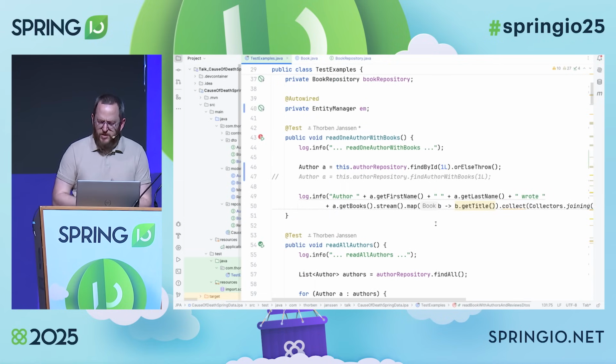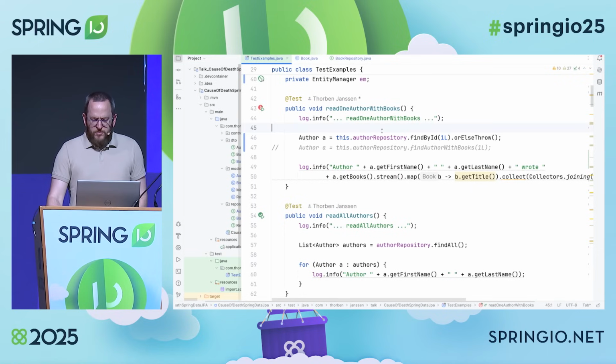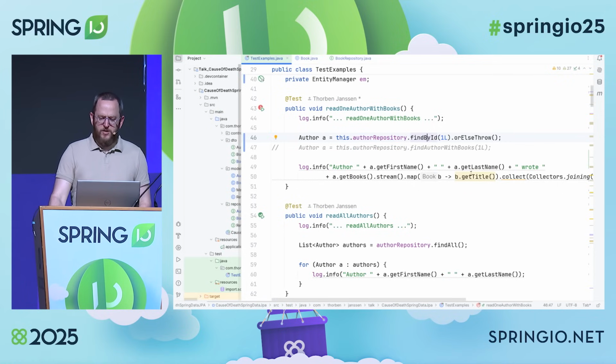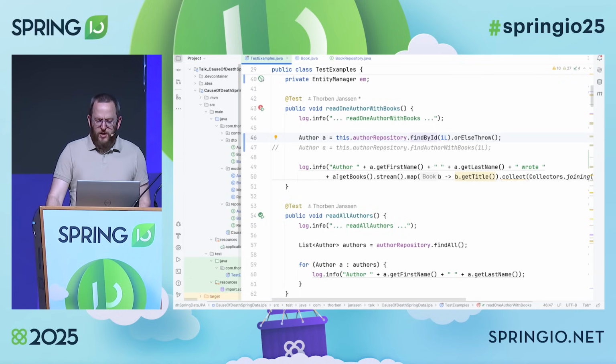and switch to the IDE, because there we will spend most of the remaining 40-something minutes. So typical example, we have an author entity and a repository for that, and we fetch an entity from the database, and then we iterate through it and do some complex business logic, right? Like printing out the author names and the titles of all their books. So let's run this and see what happens.